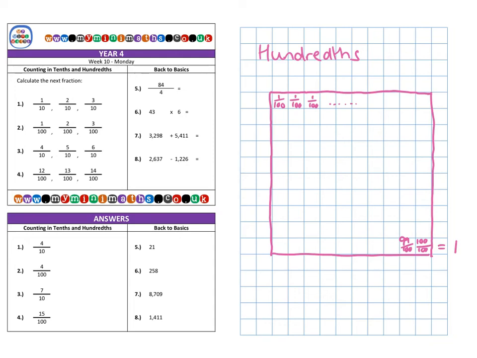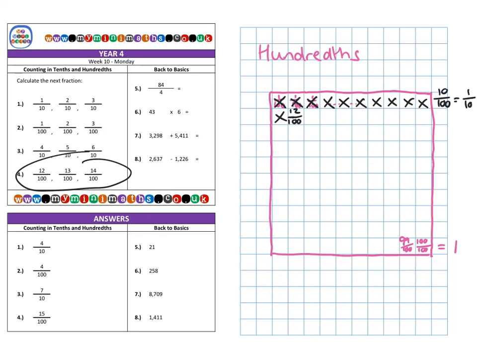And then finally we're on to question 4 here, which starts at 12 hundredths. So if I count up my hundredths, 1 hundredth, 2 hundredths, 3, 4, 5, 6, 7, 8, 9, 10 hundredths, which is the same as one row of 10, isn't it? Okay, so we have our 10 hundredths and then add the extra 2. And so here, if I just change that to 12 hundredths there,